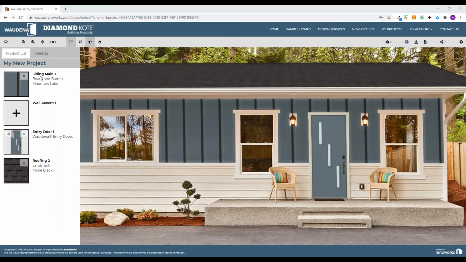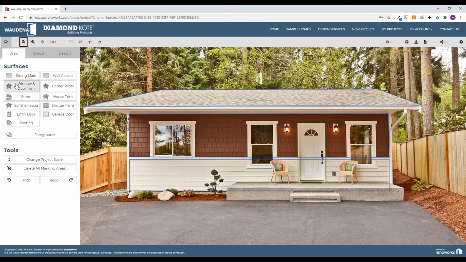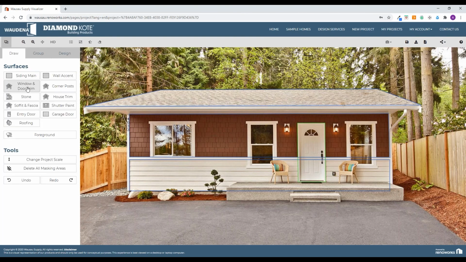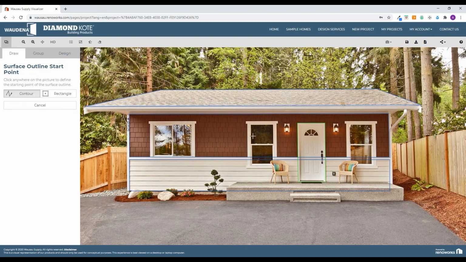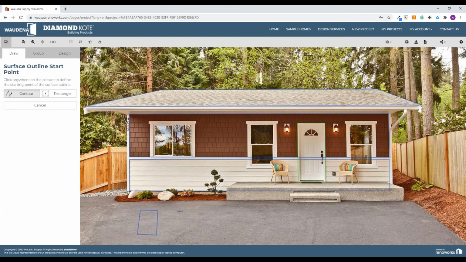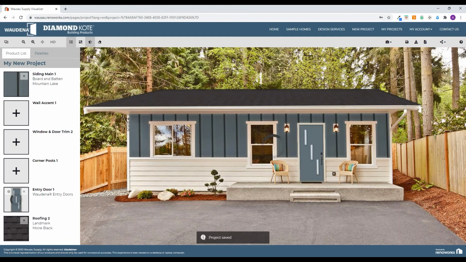So the difference between the corner post and the window and door trim. Let's go ahead and find out what the difference is. That'll probably be the easiest way here. So corner and window trim, that's what we have here. So let's see, I will just mask out a layer on the little sidewalk here. So this one is the window trim. Let's go ahead and do the corner posts. And let's just see if there's any